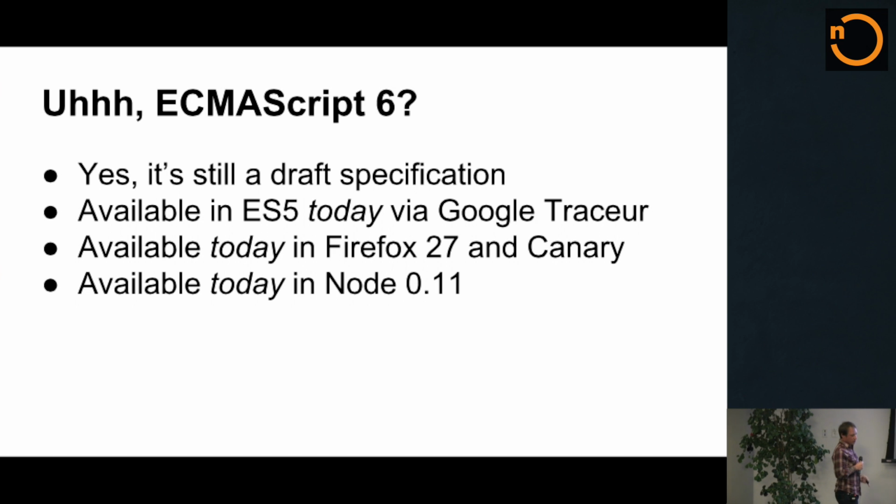You may be rolling your eyes when I'm talking about ECMAScript 6 because you have to support IE7 or whatever thing you have to do in your miserable job. But you can use some of these features in ECMAScript 5 compliant browsers today as long as you're willing to transpile with Google Traceur. Or if you're building some rad admin tool and you can use one of these newer browsers like Firefox 27. I'm not sure how far back you have to go with Firefox before you get support for these APIs, but I'm using Firefox 27. It's working today. Chrome Canary will work. And you can use this stuff in Node right now as of Node 0.11 with the Harmony flag. So you can actually start using this stuff.